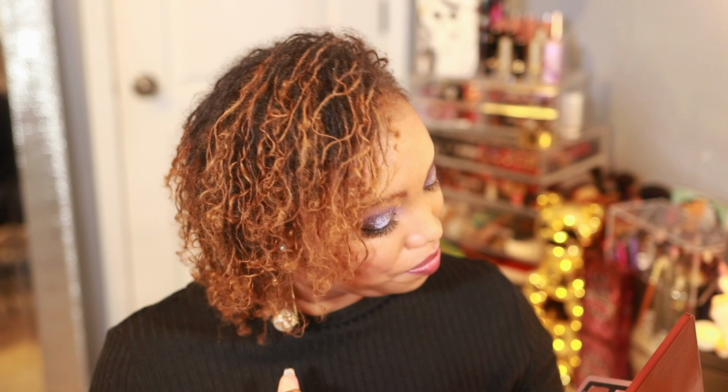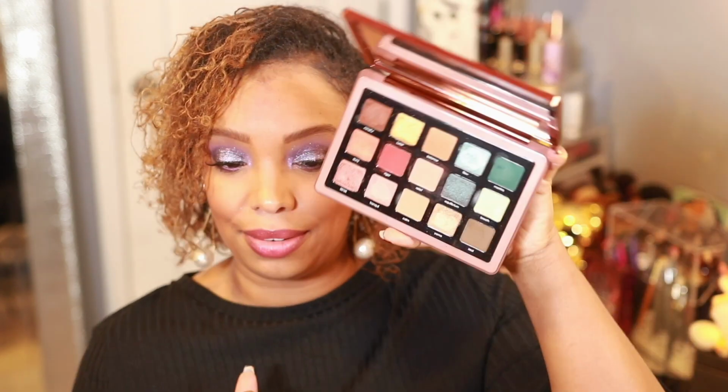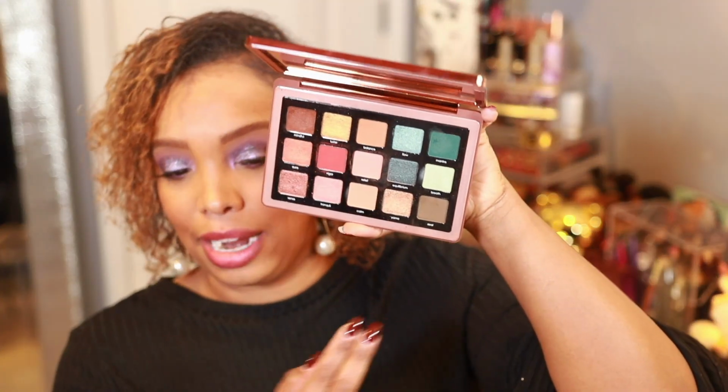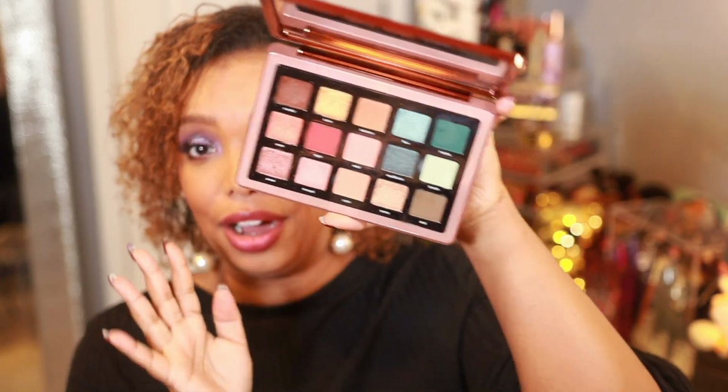Now this baby right here, no, I'm sorry. I would not repurchase this palette. I do not like this palette at all. I don't. I really don't. And you know me, y'all, the blue side is actually literally the best side. All jokes aside, even though you guys know I love green and blue shadows and things like that,